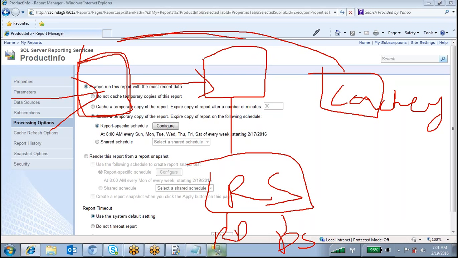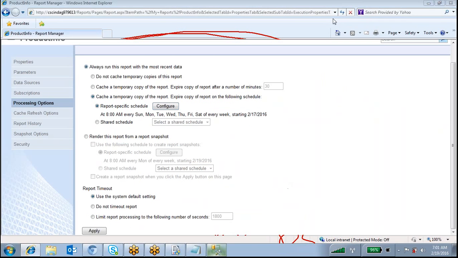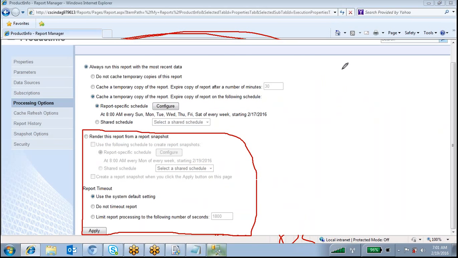So in that kind of scenario, what we are going to do is use the snapshot option. See here, render this report from the snapshot.